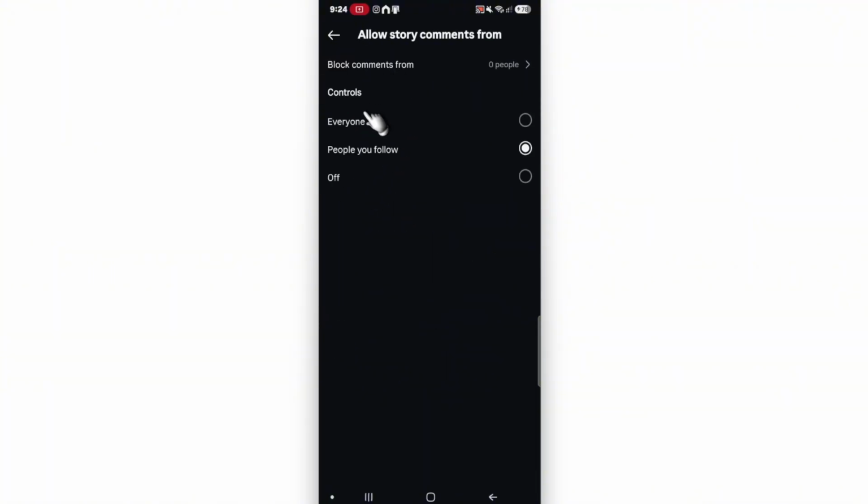Now, in here, just basically select everyone, and then once that's done, go ahead and comment or check the story comments, and everything should work perfectly fine now. And that is it. That is how to fix story comment not